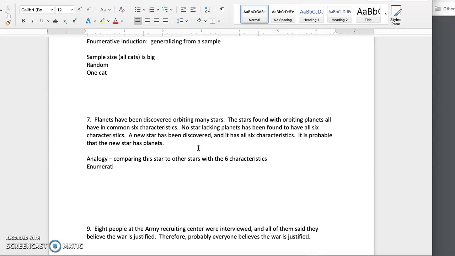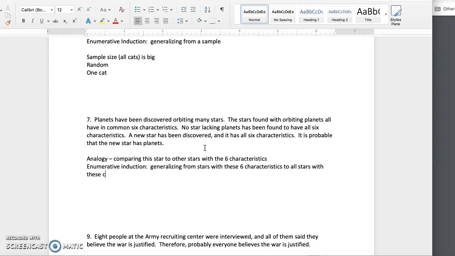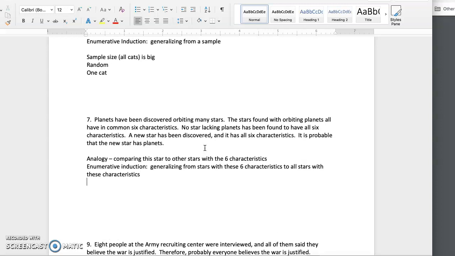You could make a case for enumerative induction too, because you're generalizing from stars with these 6 characteristics to all stars with these characteristics. And even inference to the best explanation is not a bad diagnosis here. But I think it would be better diagnosed as inference to the best explanation if this was a theory about stars. All right, now by the time on this video, I'll finish